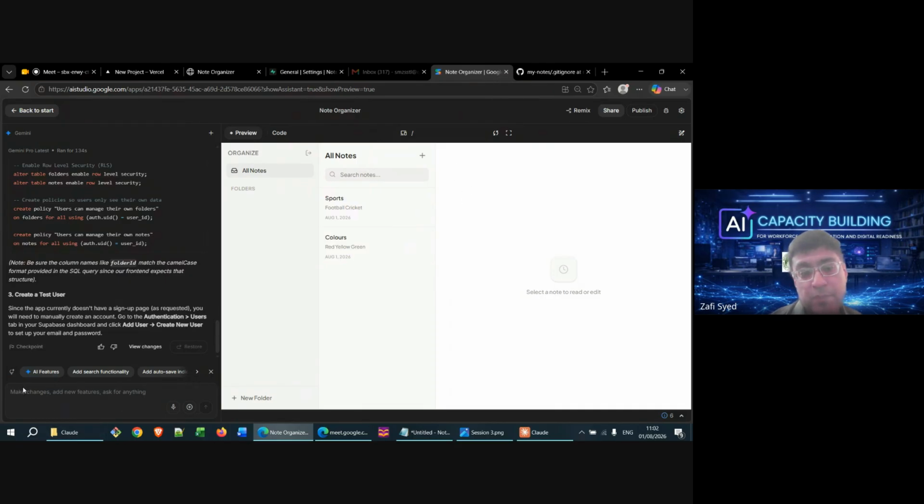You can prompt AI Studio that, hey, I want a feature where, in addition to folders and titles, I want to organize my notes in terms of categories that I add. So write me a new SQL code. Through SQL, you can program Superbase to remove previous entries, the previous structure, and create a new updated one. That's the easiest thing that you can do.